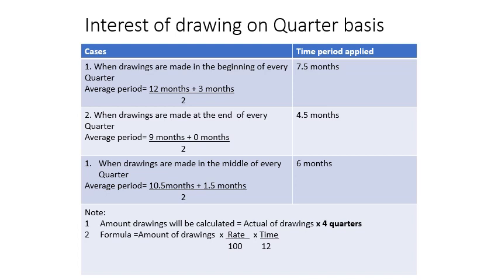After that, the 15th of February is the middle of every quarter, and then the next is April to 30th June. The 15th of May is the middle time period of the next quarter, and for the 1st July to the 30th September, the 15th of August will be considered as the middle of this quarter, and for the 1st October to the 31st December, the middle is 15th of November. It means the first 1.5 month will not be the part of it. After that, it will be considered.